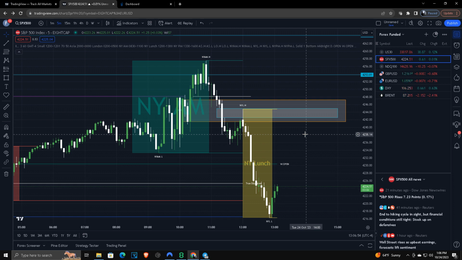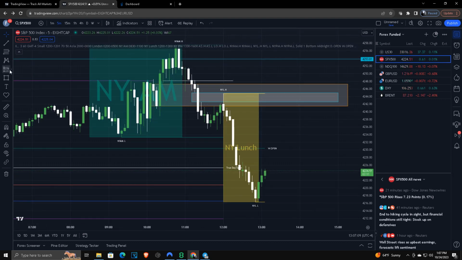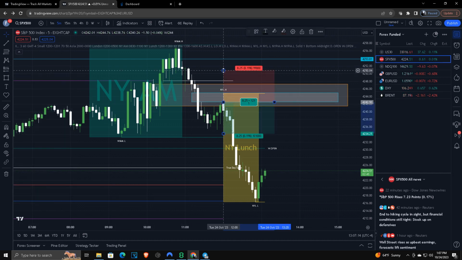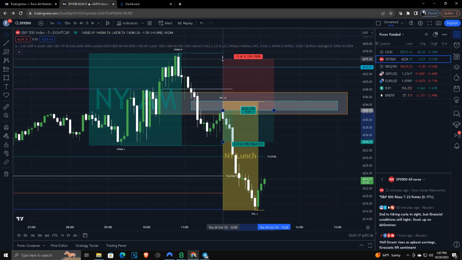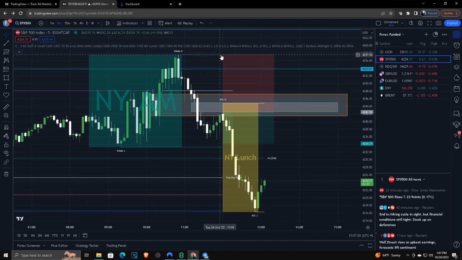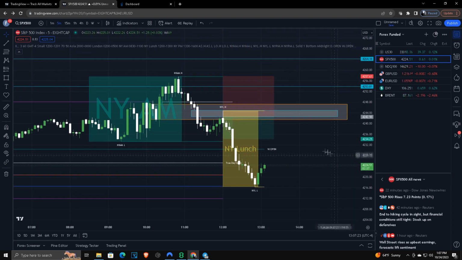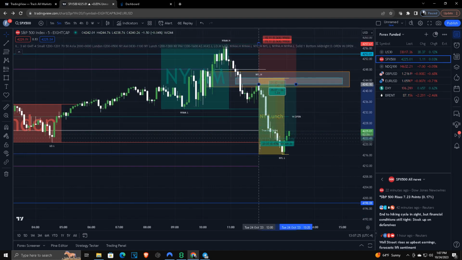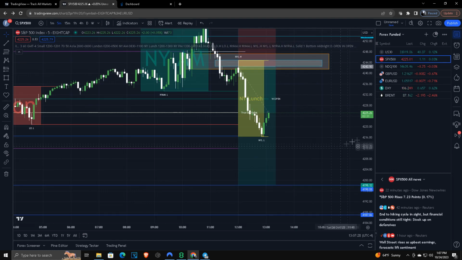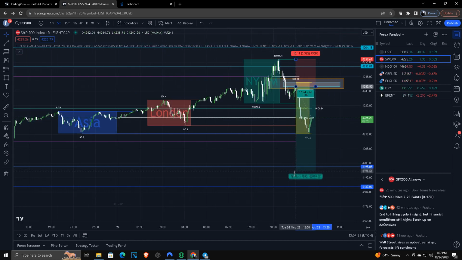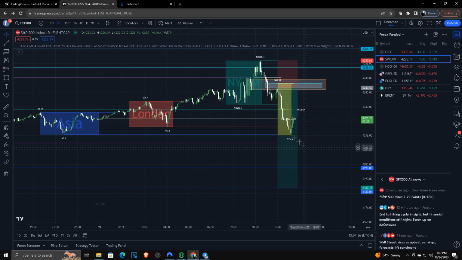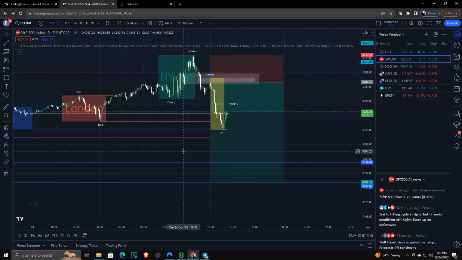The model that I'm using here is called the unicorn model, because you have two separate triggers aligning inside of each other, and that's where you put your entry. So my entry for this was a short position here at the breaker block, or at the fair value gap inside the breaker, with my stop loss right at the top of the high. And my target right now is going to be targeting this first low or this second low. These are the two lines that I drew out, the two liquidity lows. So either one of those can get hit, either one of those can be a target,